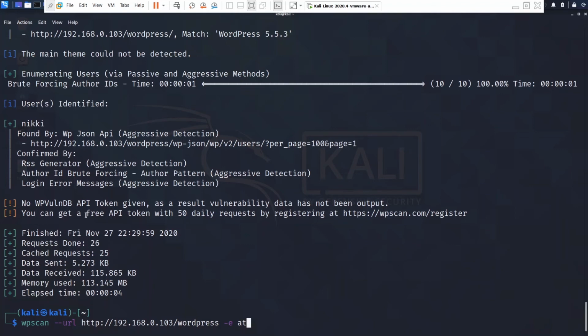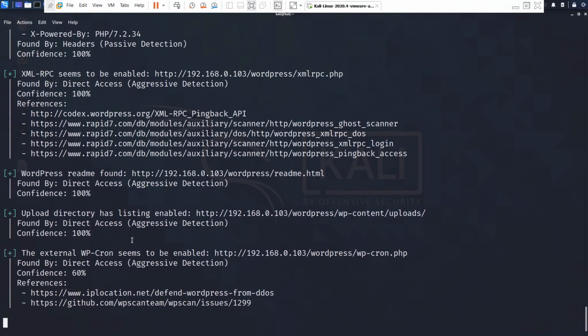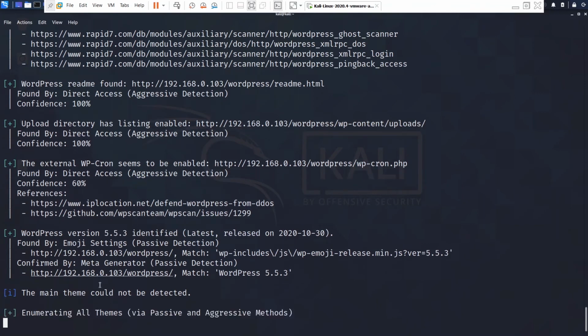But let's also enumerate the themes. What themes do you have? Twenty Twenty theme. Let's just use this. Main theme could not be detected.